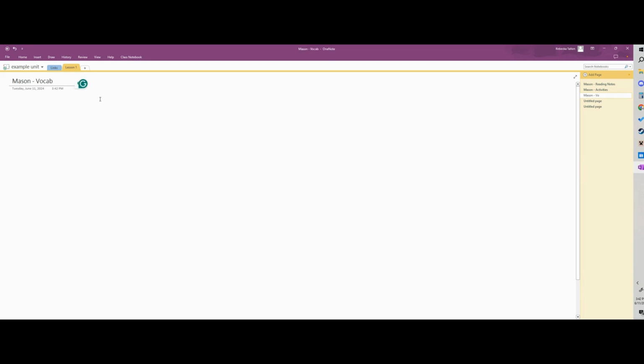So we'll get Mason's pages set up, and then we will do the same thing for each student. So each student should have the same exact type of pages, and we would just keep doing that until we have everything that we need. Then you can either click and make a new lesson and redo all of that typing, or